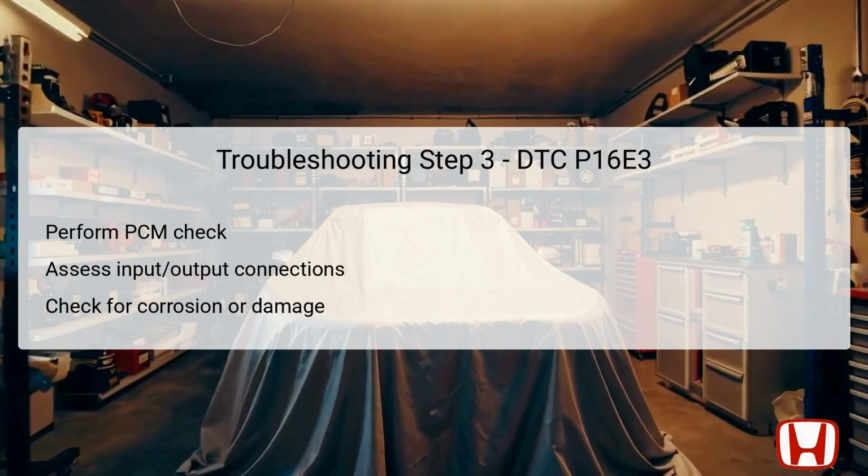If corrosion is detected on these connections, it needs to be addressed to ensure proper function. Additionally, if available, utilize diagnostic tools to assess the PCM for any reported faults or malfunctions. By scrutinizing this critical module, technicians can identify if the PCM is at fault, thereby addressing the root cause of